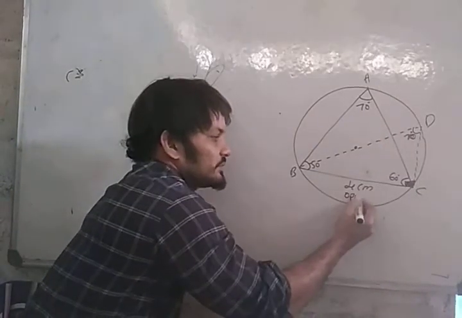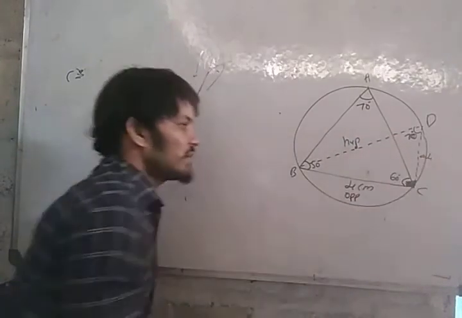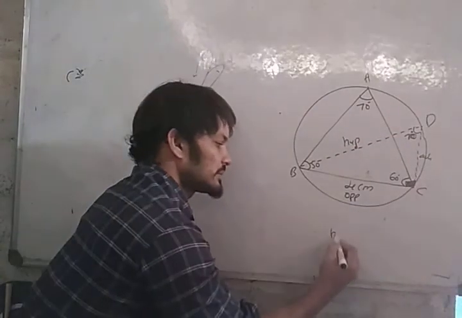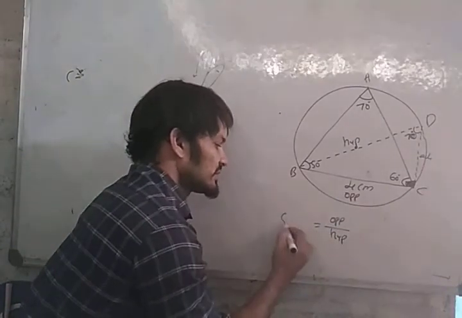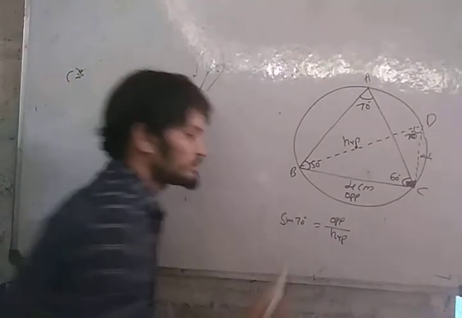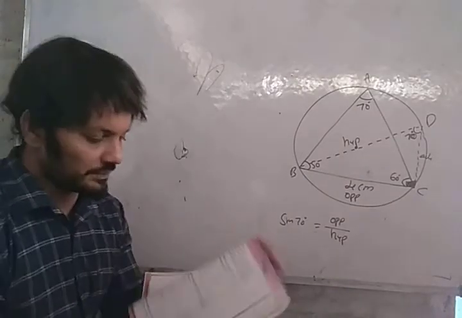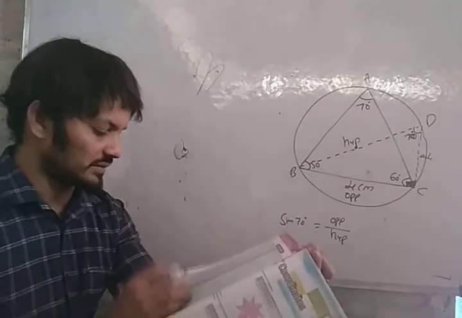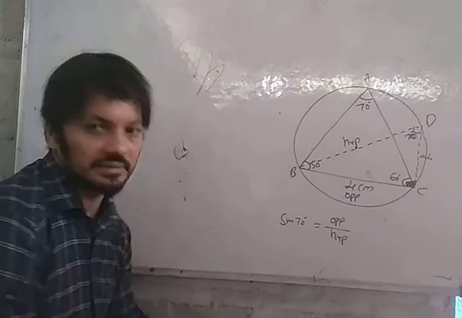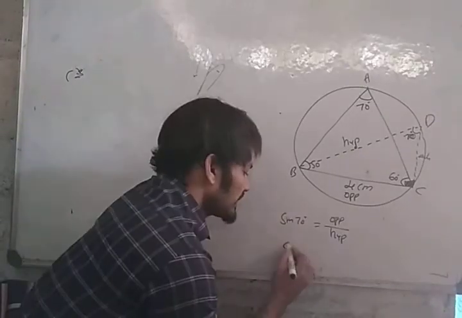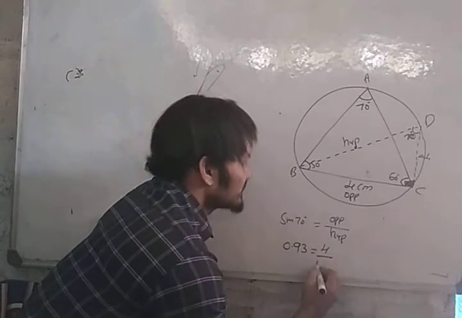This is opposite. This is the hypotenuse. This is adjacent. What do you have to find? Hypotenuse you have to find. What do you know? Opposite you know. This is sine 70 degree. Sine 70 degree will be given in the question paper, and 60, 30, 45 will not be given. Sine 70 is 0.94 or 0.93, both same. 0.93, opposite is 4, by hypotenuse BD.